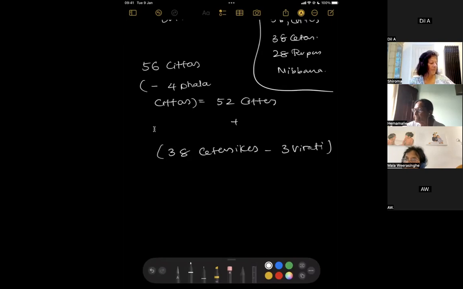So the reason that we take away the 3 viratis is rooted in the fact of it being connected. The moment the viratis come out, a purpose of good is enacted, then it will no longer be avyakata dhamma. Right? Hence, we take away the 3 viratis. Does that make sense, everyone? Yes. What are the 3 viratis? Samma ajiva, samma kammanta, samma vacha.